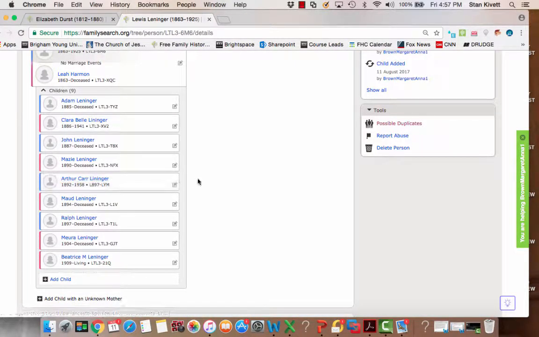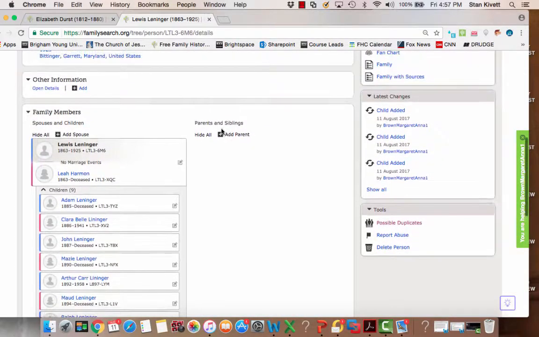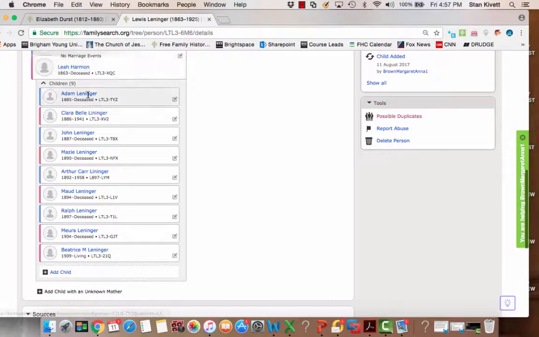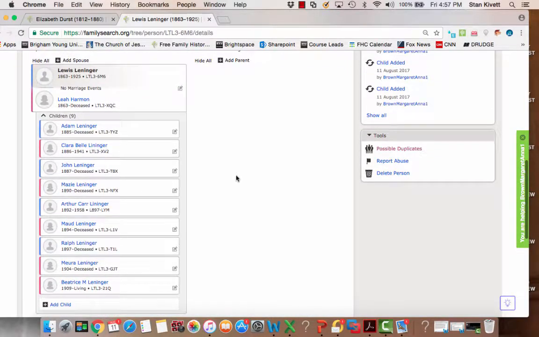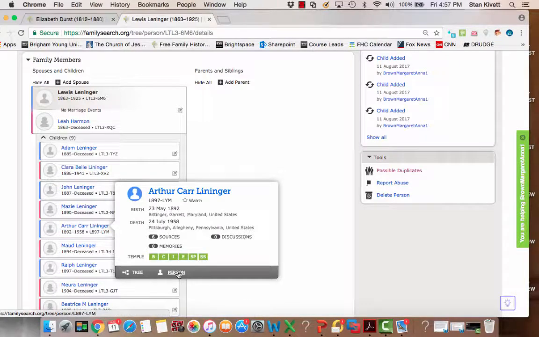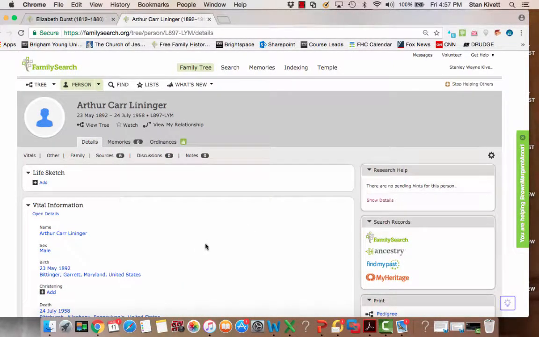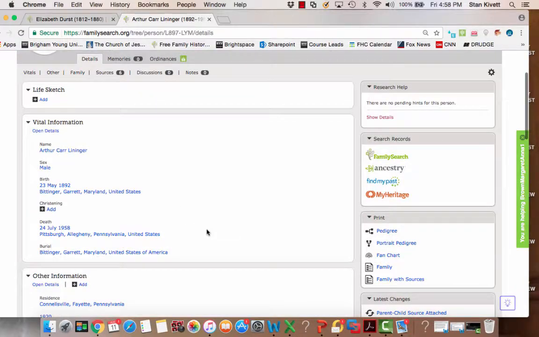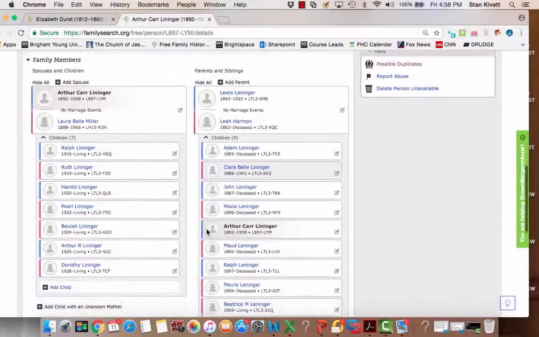So you can ask yourself, well, why did I bother to put all of this on there? But in essence, I have planted a little delightful bomb for somebody who comes along and is related to Lewis and Leah. I've now prepared them to be able to find 10 people to take to the temple that with ease they wouldn't have been able to take before. All that I'm going to be able to take at this instance is Arthur and be able to seal him to his wife as well. But with the interview that I did, a great deal of good was done.